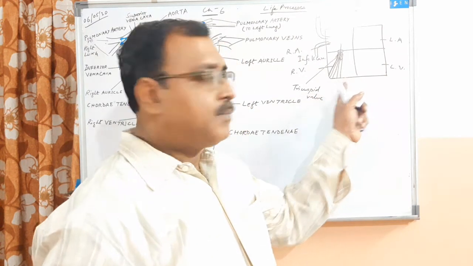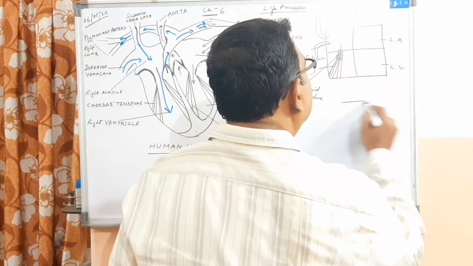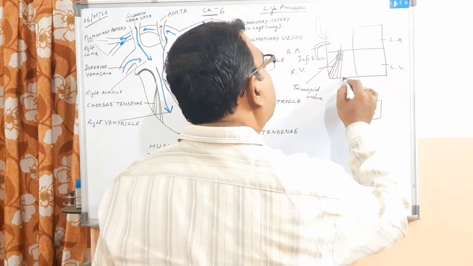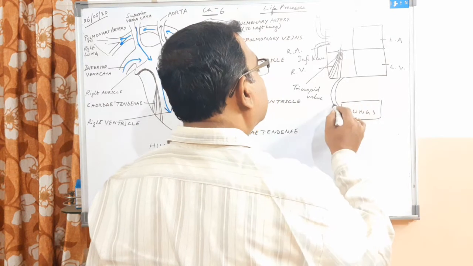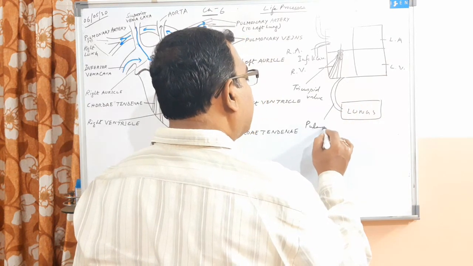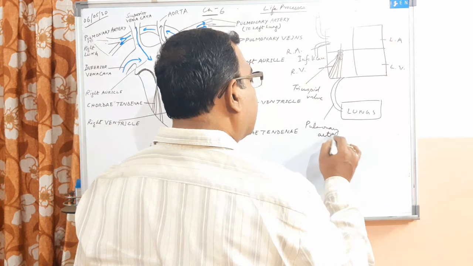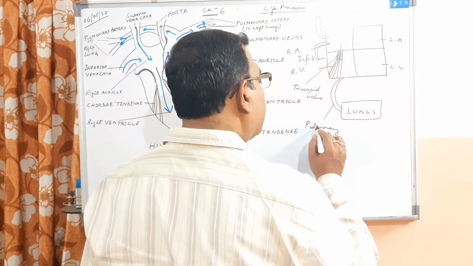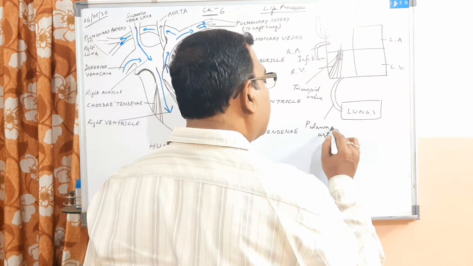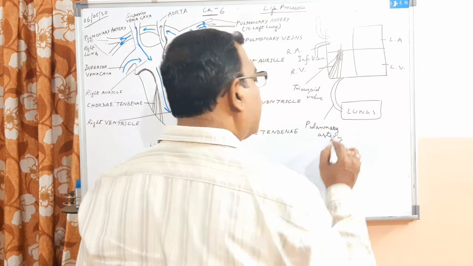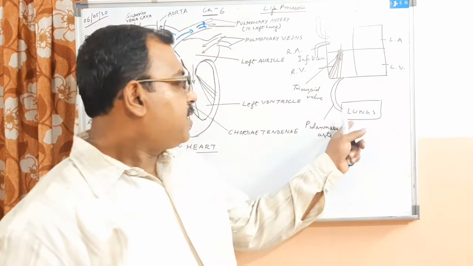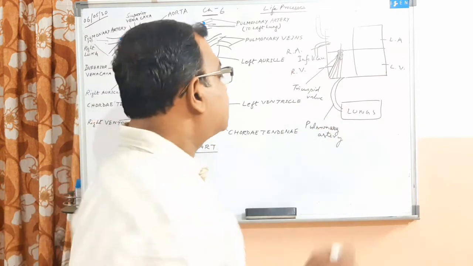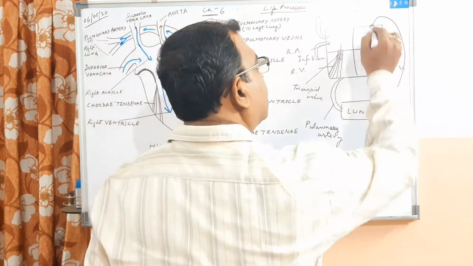Into the right ventricle. From the right ventricle, blood passes to the lungs via the pulmonary artery. Clear? Now in the lungs, this blood is oxygenated, and from the lungs, blood is brought to the left auricle